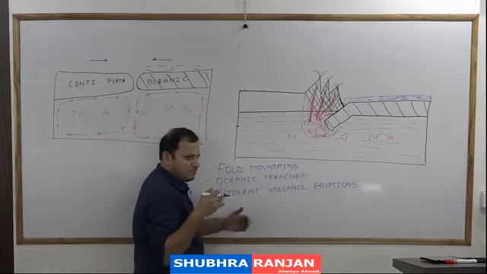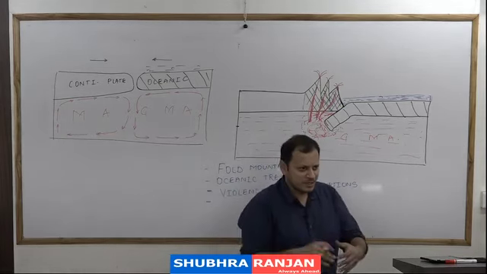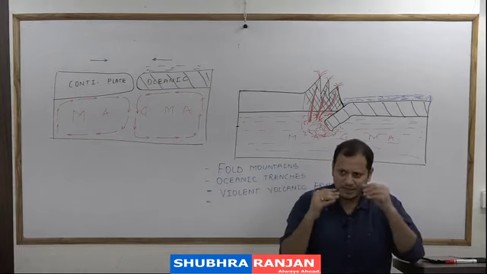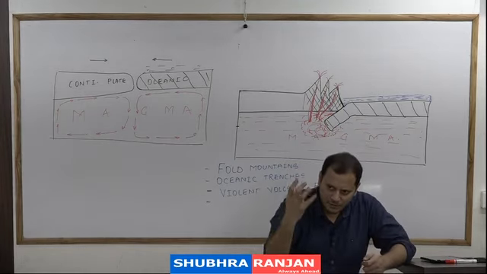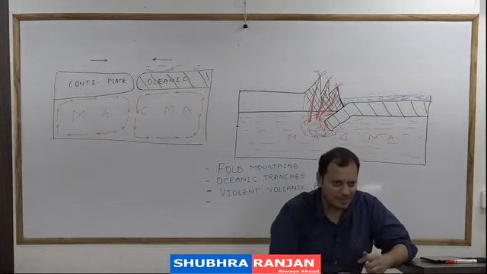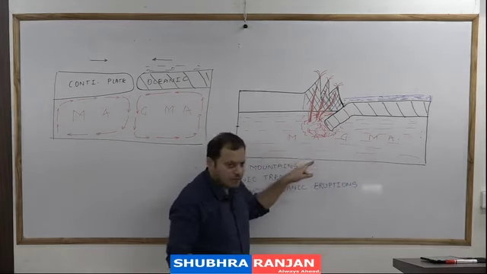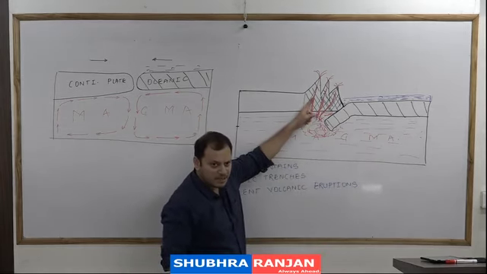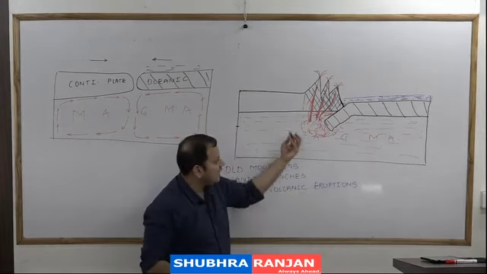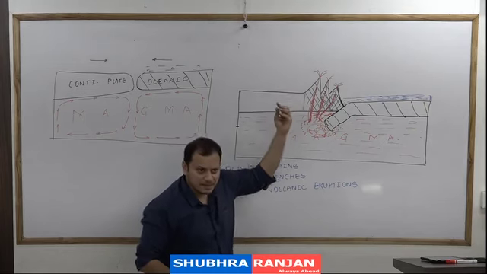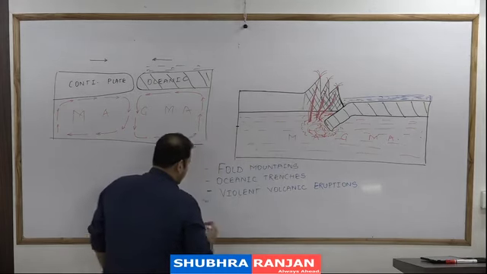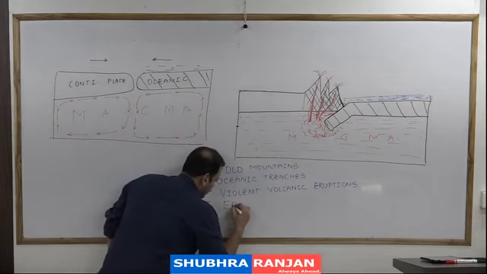And whenever the plate moves, the earth will shake. Whenever the plate will collide, the earth will shake. Whenever after collision the plate starts subducting, if this plate moves even a little down, the upper part shakes. Whenever a large amount of magma or lava comes up, again the part will shake, and therefore there will be earthquakes.